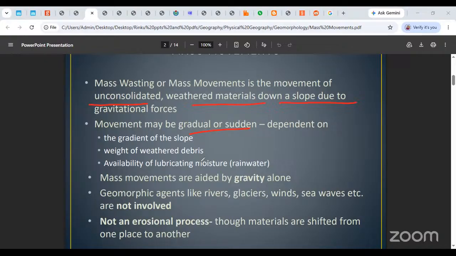If it is a steeper slope, will the movement be faster or slower? Faster, yeah, I know that. I need to ask somebody over there. You, light green colored shirt at the very back of the class. Hi. Thank you. If the slope is steep, would the downslope movement be faster or would it be slower?